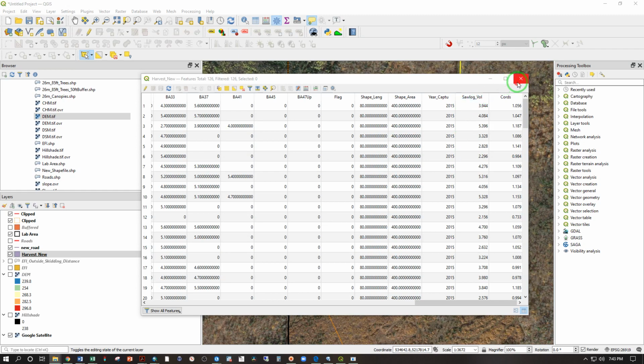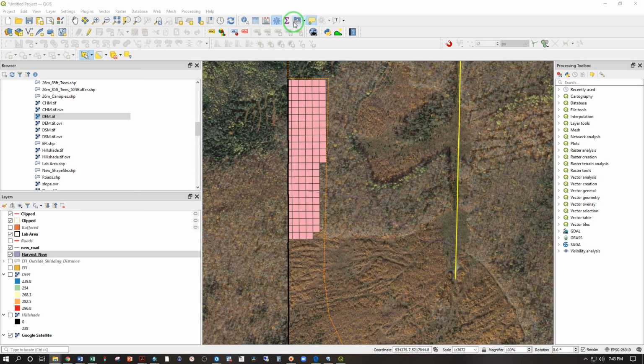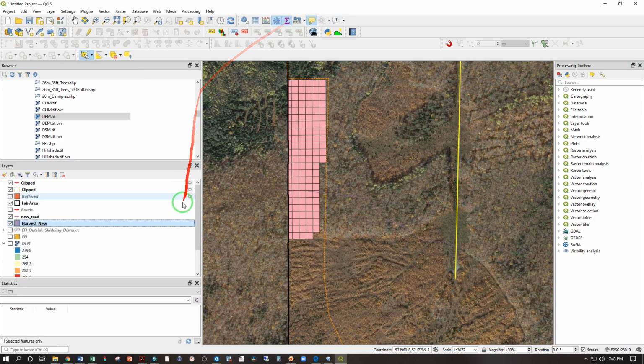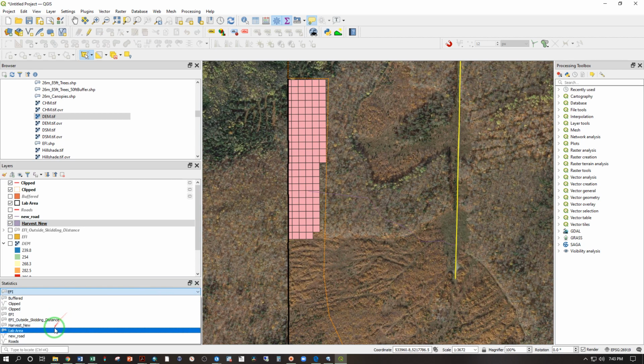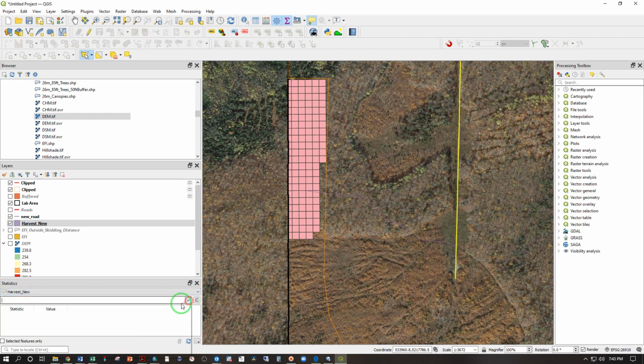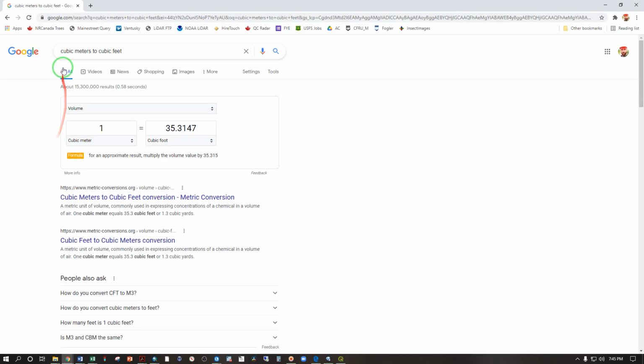Since we have that, all we need to do here is go into our statistics tool here, point it at our harvest new, and then ask for the sawlog volume. And look to the sum, 451. So that's 451 cubic meters of sawlog, and that's going to be hardwood mixed sugar maple yellow birch. Now we can easily search for cubic meters to cubic feet. We want to go from cubic meters to board feet because that's the unit we have stumpage values for. So let's go ahead and type in our 451,